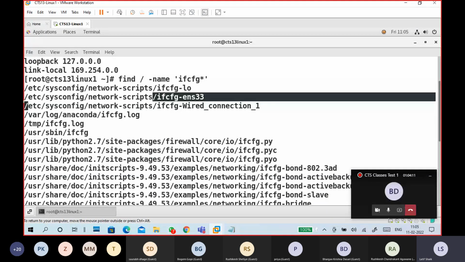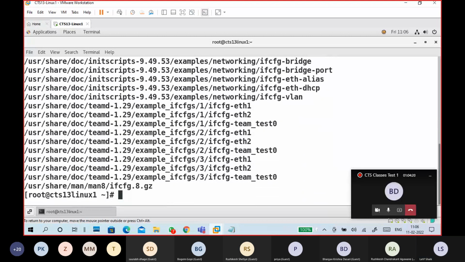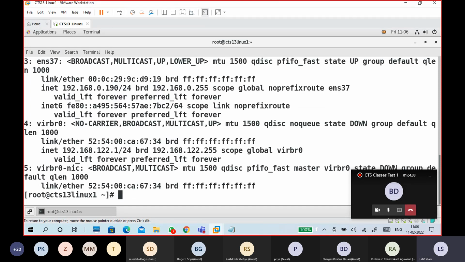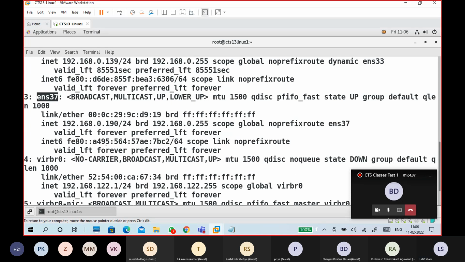Actually it should show another file also, but it is not. Why is it not showing? So we'll go to this path first of all. Network scripts. Yeah, I think this is the wired connection 1 is ours. First of all, find out how to check the IP address. IP addr. So you must know the connection name, ENS37 only.